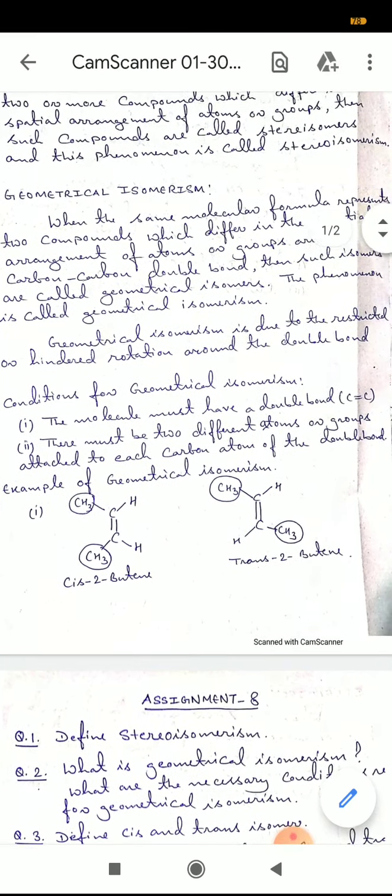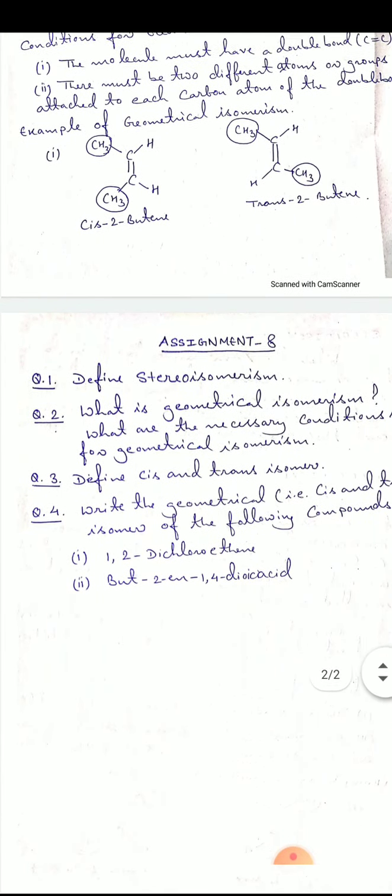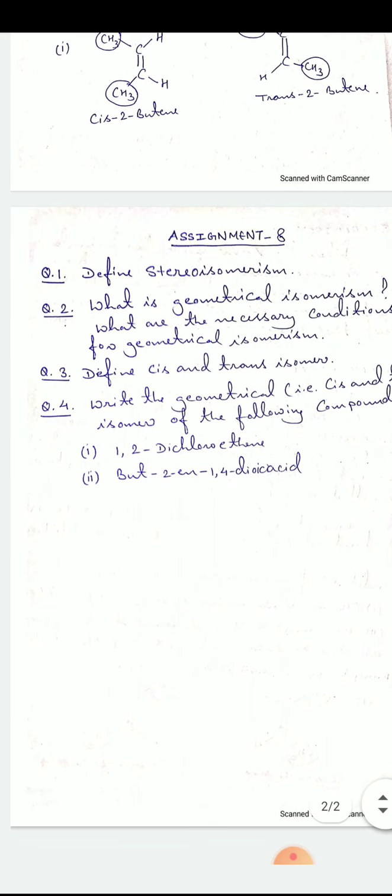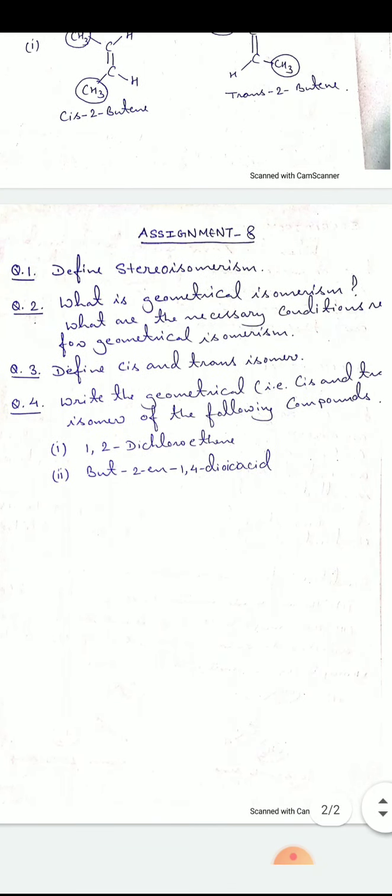Now based on this understanding of geometrical isomerism, we have assignment 8. Question number 1, define stereoisomerism. Question number 2, what is geometrical isomerism, and what are the necessary conditions required for geometrical isomerism? And question number 3, define cis and trans isomer. Just now I have explained. And question number 4, write the geometrical, that is cis and trans isomer,